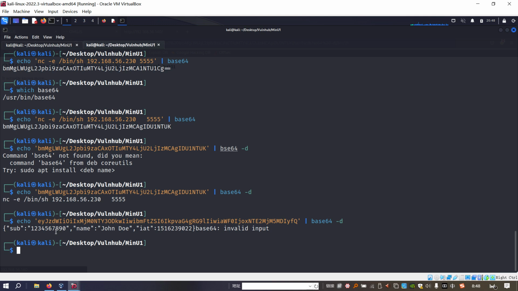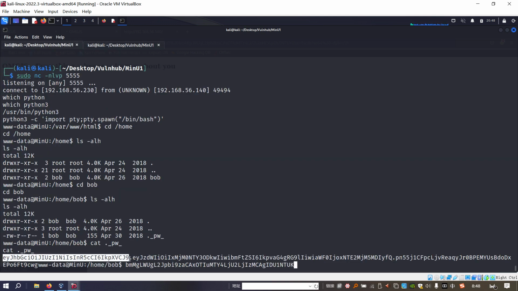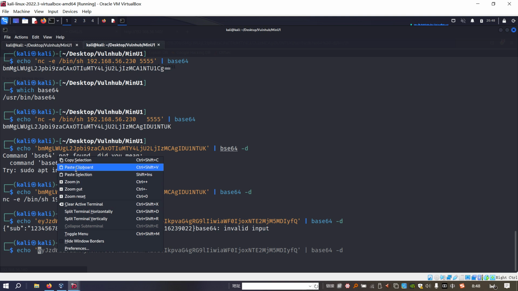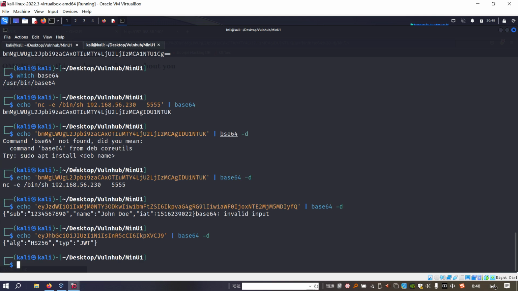The John. So I think this is some sort of dictionary, right? Maybe I need to copy this one again. So this is some sort of JWT encrypted value,